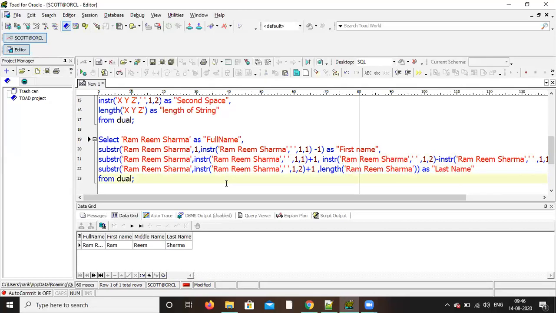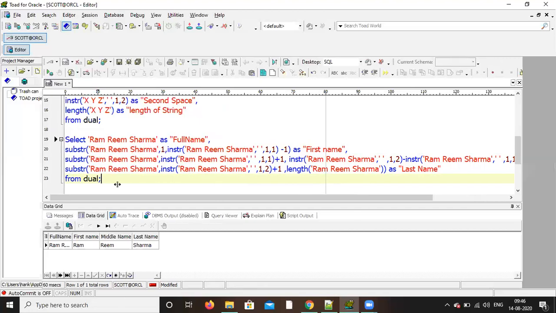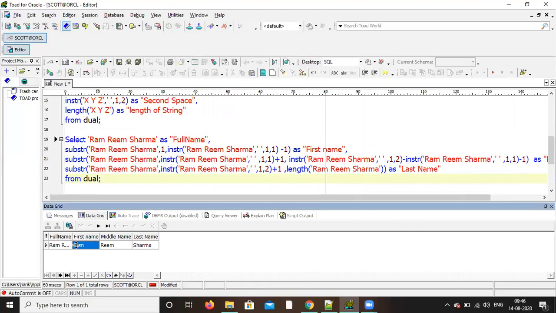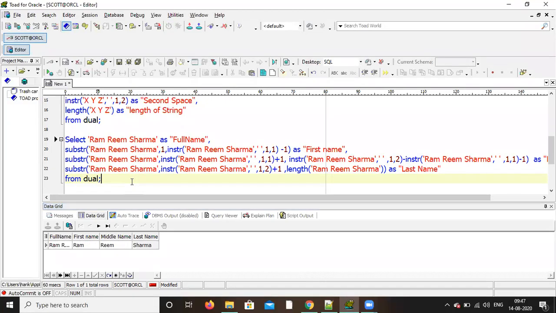Drag a little bit to the left side. Okay. Now run it. Coming, right? Yeah. So now this is the generalized one. Whatever name you give, it will divide into first name, middle name, and last name. This is the generalized query.